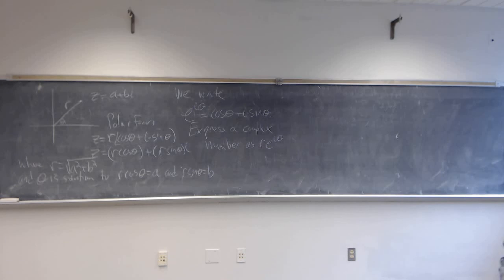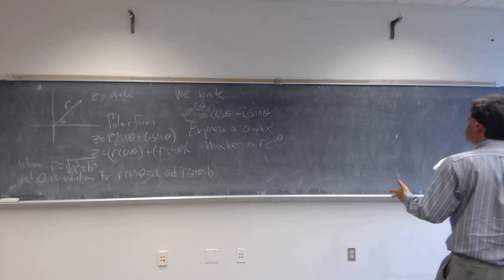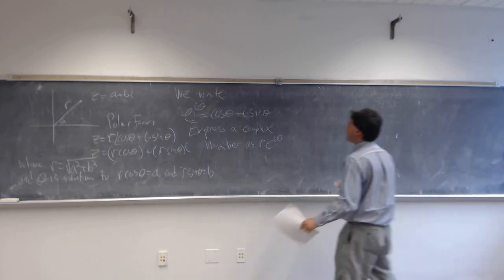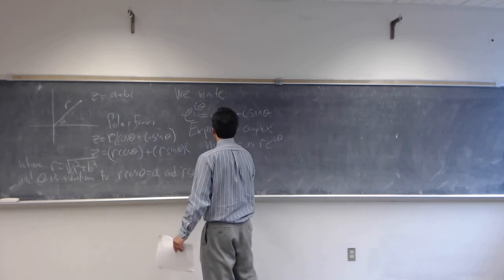Well, we know there are properties of exponents. And so what we need to do is show this exponential notation is justified. Because if it's truly going to be an exponential function, what we need to claim